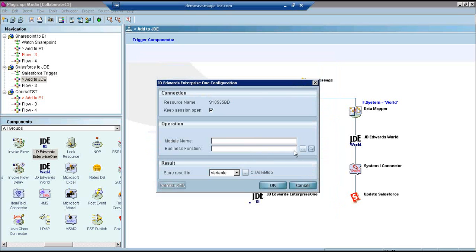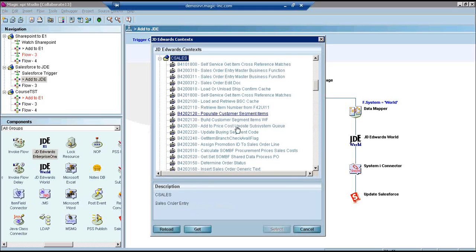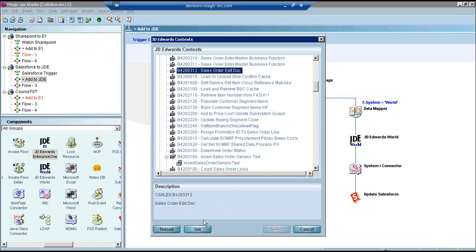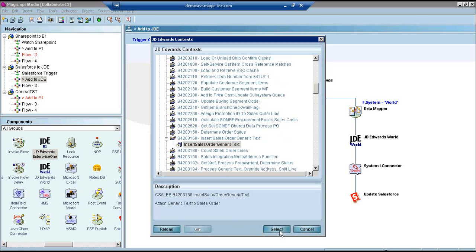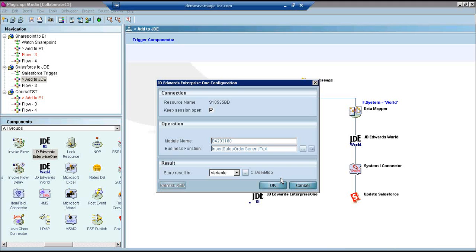Also, if you wanted to browse by module, you could. So I have another button here. It's going to log into my E1 environment, and it's going to go ahead and grab all the different modules available in E1. So if I was to work with, let's just say, I do sales orders a lot, so we can show you how we can work with adding text on a sales order or editing a sales order. You kind of pick the module you want, you open it up, you say OK, and what it'll do is log in and grab all the parameters for that business function, and then go ahead and display them in what's called a data mapper,